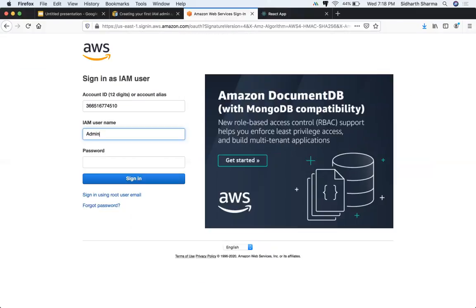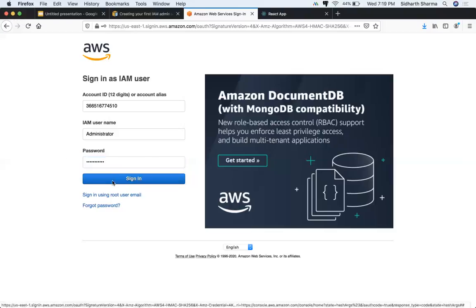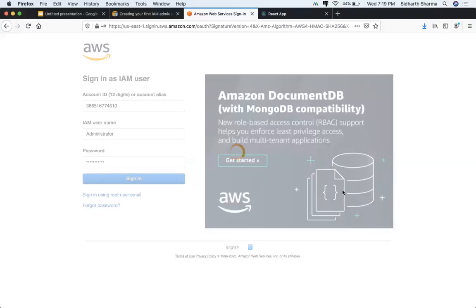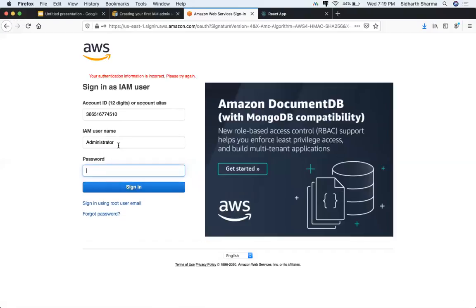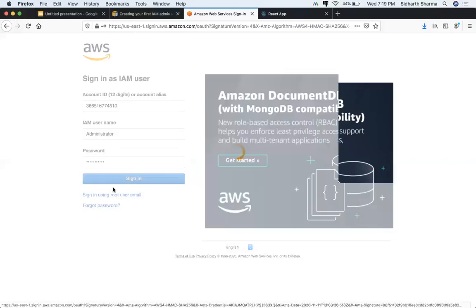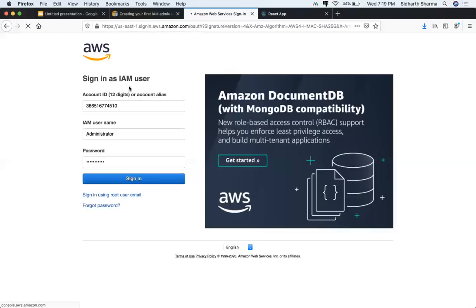So let's say I have my user with me, so I'm going to log into the system. So this is my account, and okay, it's saying the password is wrong. So I'm going to try it again. Now I'm logged into my system, and here I'm going to search for the service S3,